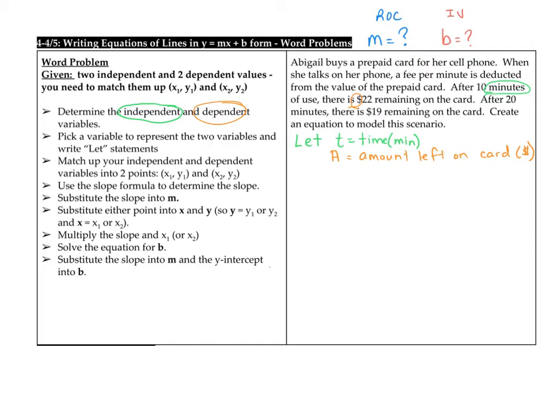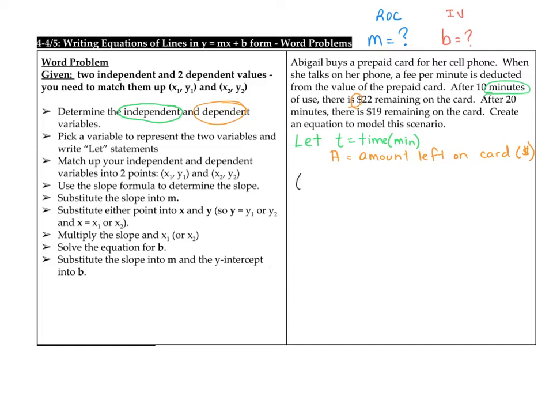And the way you do that depends on what has been given to you. Have you been told what the rate of change or the slope is? In some questions you have, and you don't need to do anything to determine the slope. Have you been told what the initial value is? In some questions you have, in some questions you haven't. So if you have not been told what the rate of change is, you need to use the slope formula to determine the rate of change. So in this case, the points are